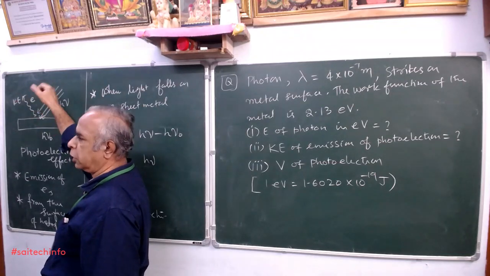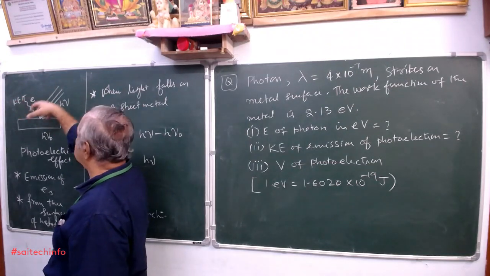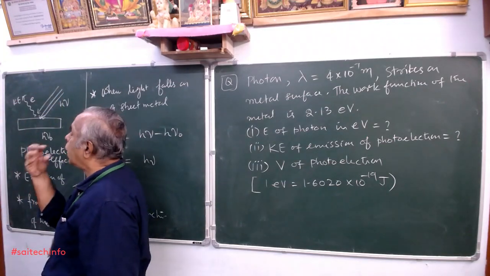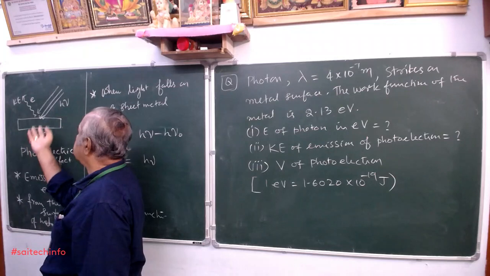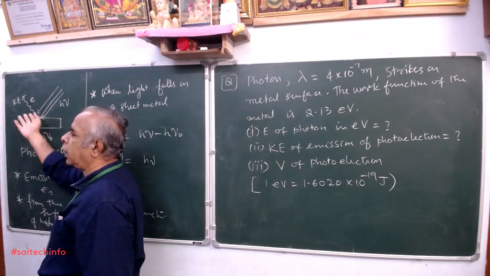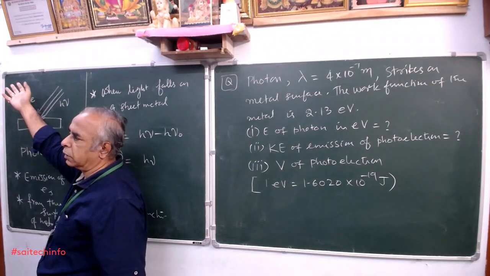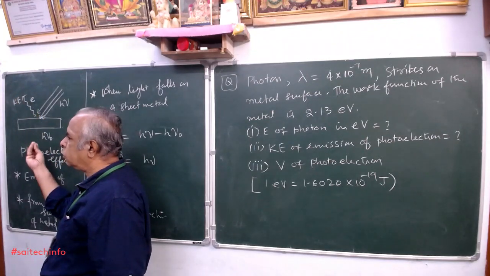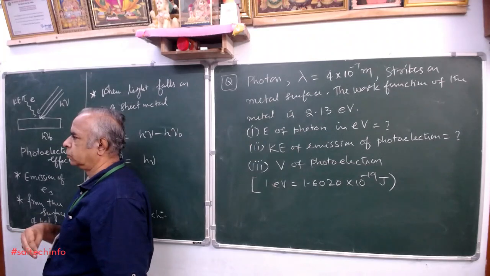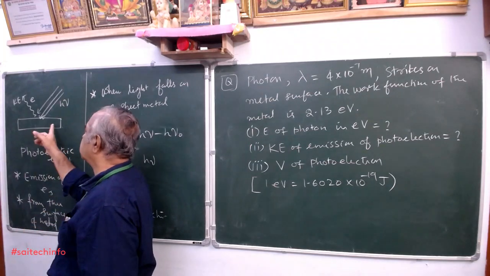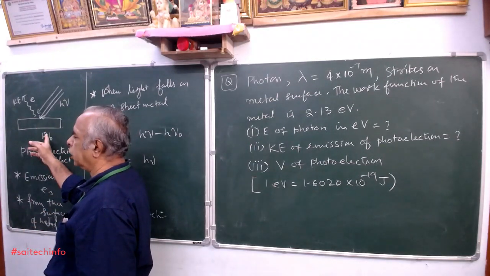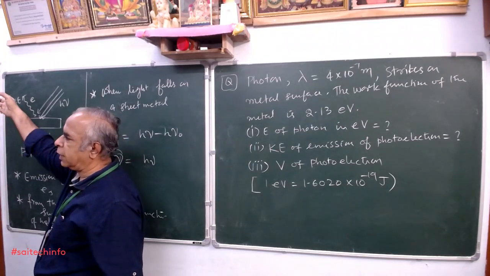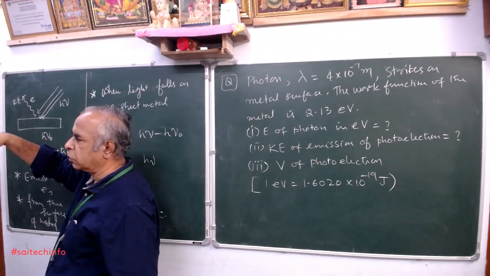So E is equal to h nu according to Planck's equation. This light is coming with a certain amount of input energy, and we cannot say that the entire energy is converted into kinetic energy. No. Some part is used up to excite the electron, and that is called the work function. The remaining quantity is transferred as kinetic energy, because according to the law of conservation of energy,